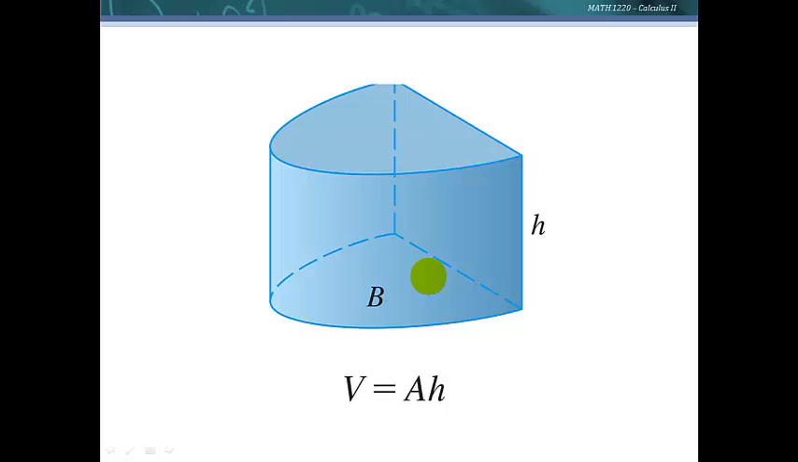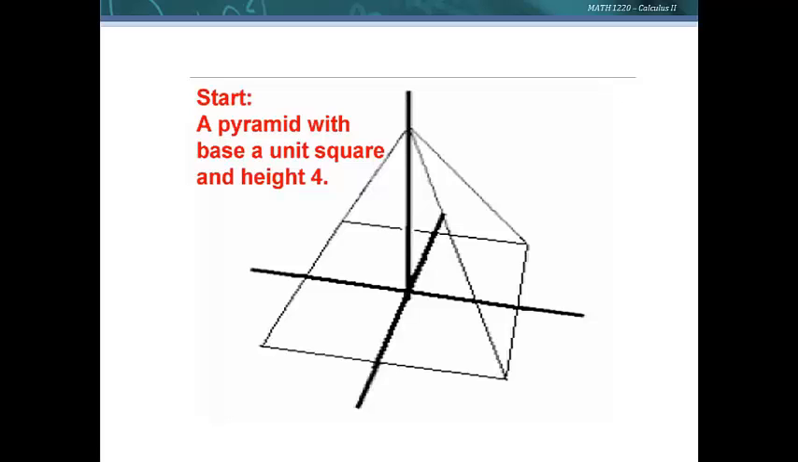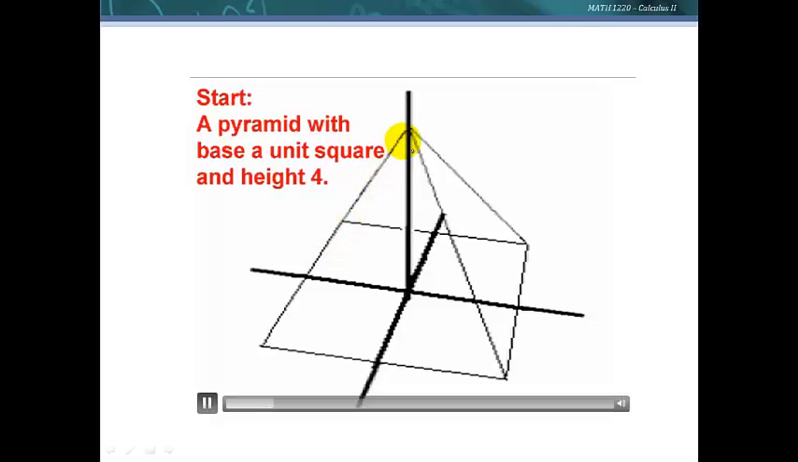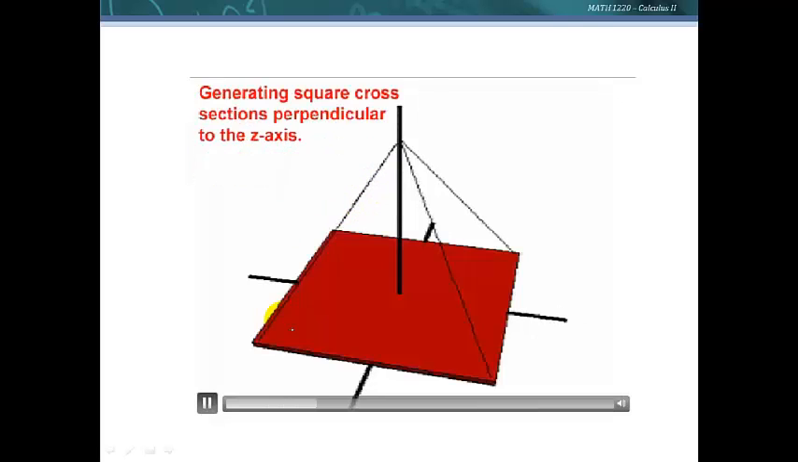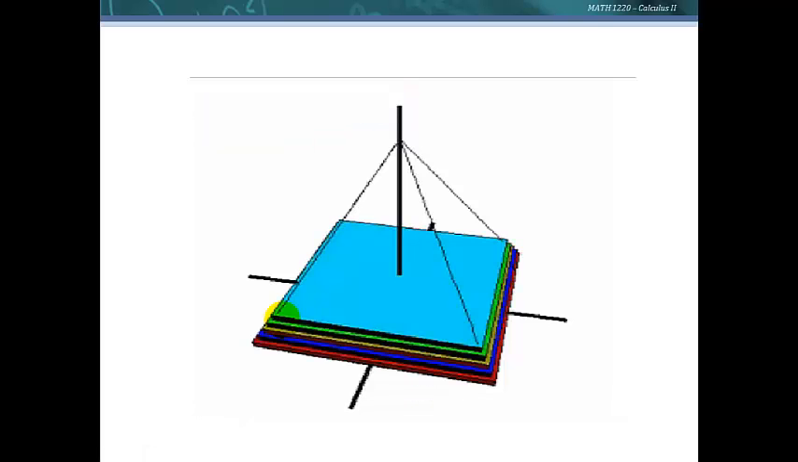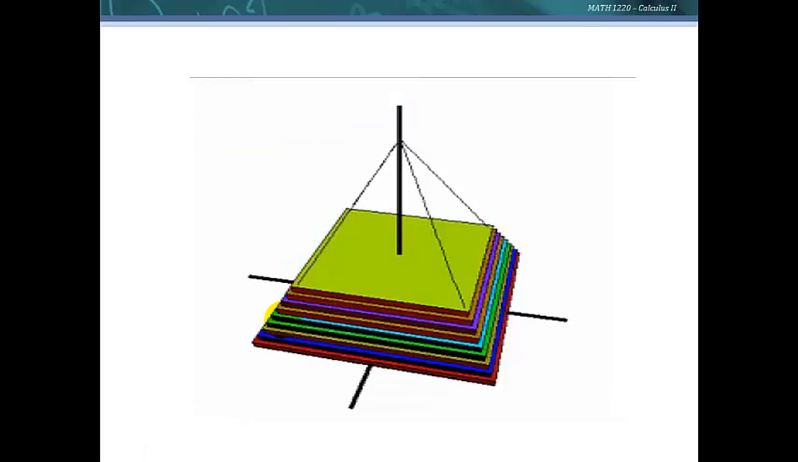A right solid would be if you take a lateral edge, it's always perpendicular to the base. What if we had a solid that was not a right solid? For example, let's look at a pyramid. Well, the edge of this pyramid is not perpendicular, so it wouldn't work to do the area of the base